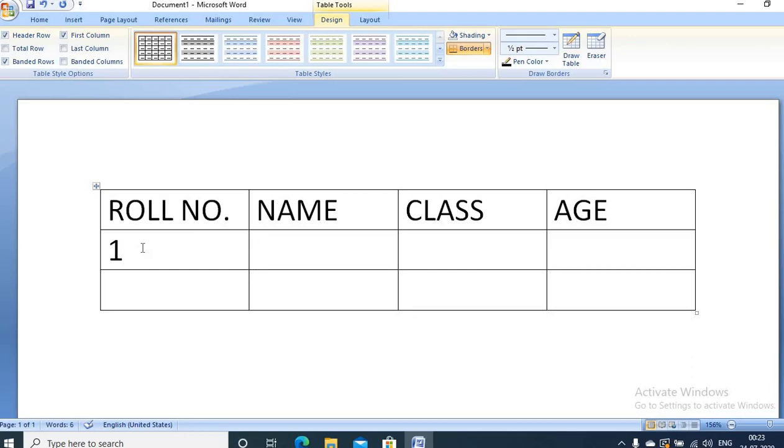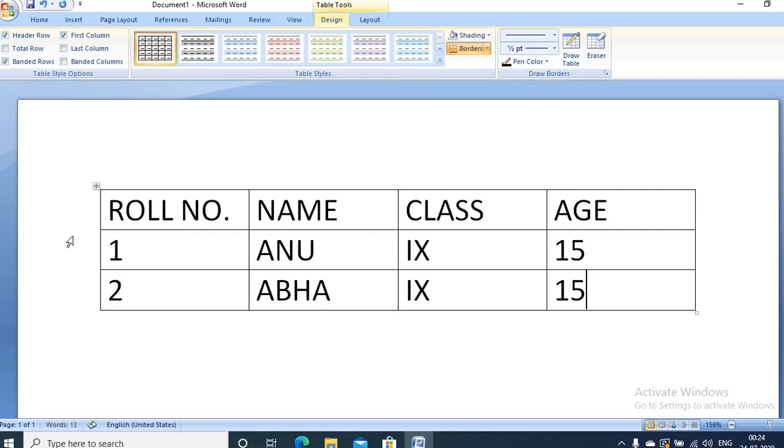The Tab key is used to move from one cell to another. Okay, in this way you will enter the data in the cells. You can also format the text by using the Font group. So I have created this table.